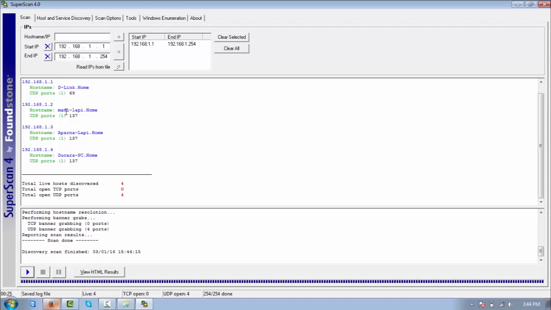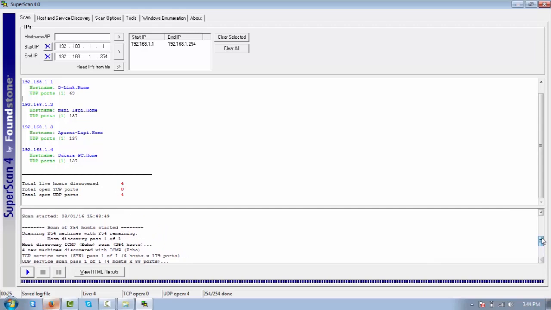Then the host name is manilapi.com, 1.2, 137, 1.3 Apanalapi, 1.4 Dukara PC home. So you can get the complete detail. The total live hosts discovered: 4, TCP 0, UDP 4. And this is all about the request we have sent. A scan of 254 hosts